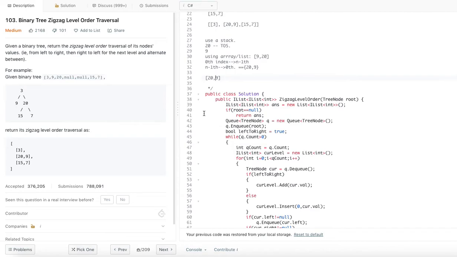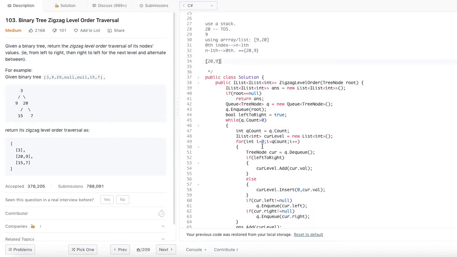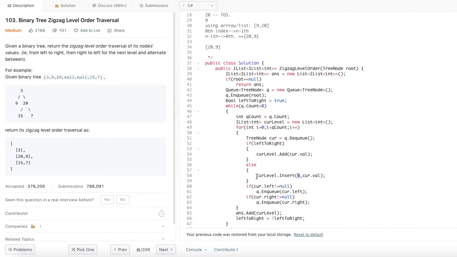That's how I am building the list. Rather than using a stack or array reversing traversal, I am using a list and putting them in the 0th position. So I am always going to insert the element at the 0th position. That's how the right to left is taken care of.